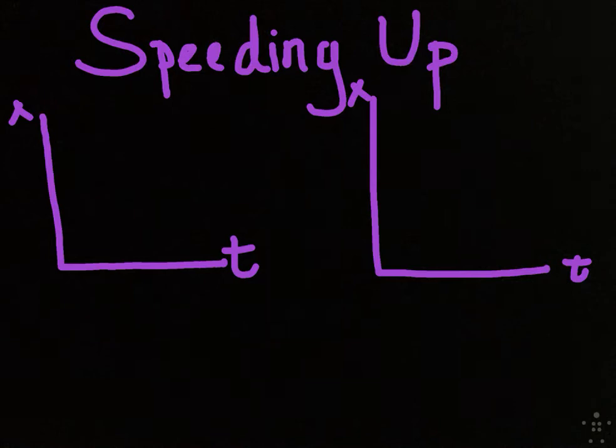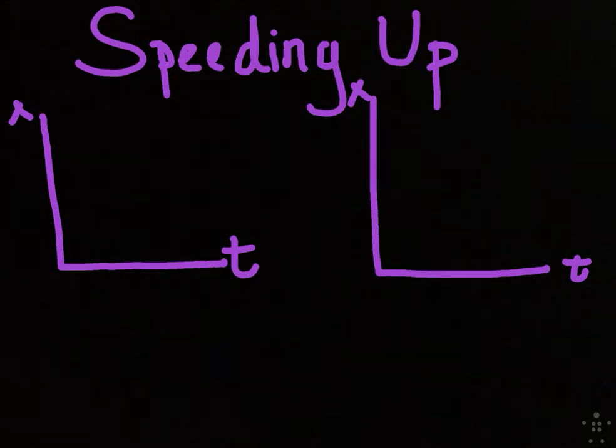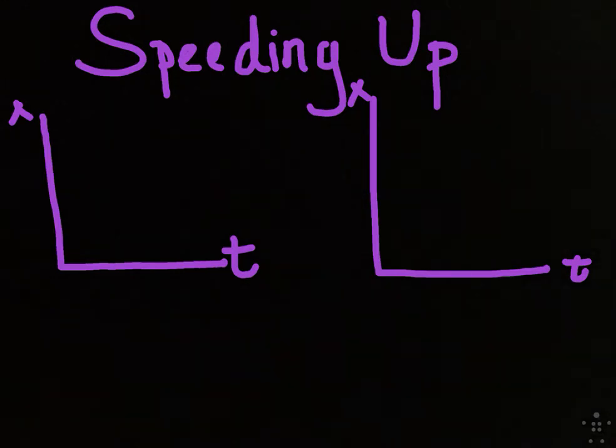So our first set of graphs that we're going to look at are going to be those of an object that is speeding up. So hopefully if you graphed yours correctly yesterday, you got a graph that looked similar to this, because the car started at 0 and gained speed. The object in this graph is speeding up, because you can see in this first section right here,